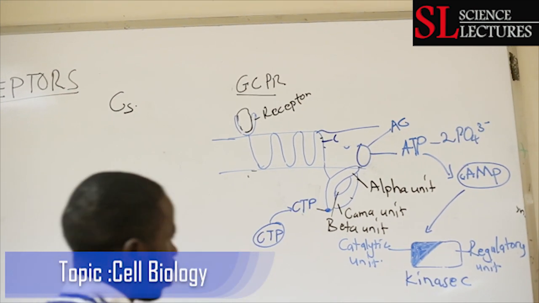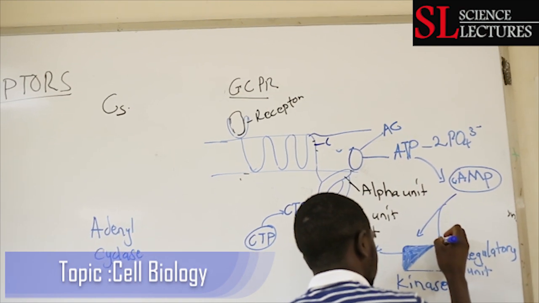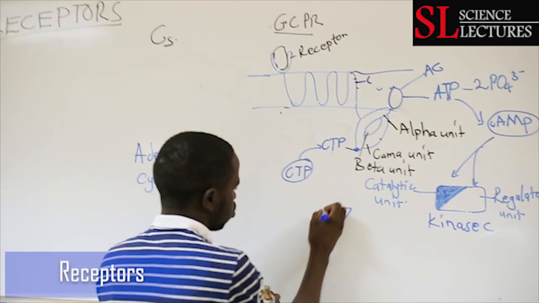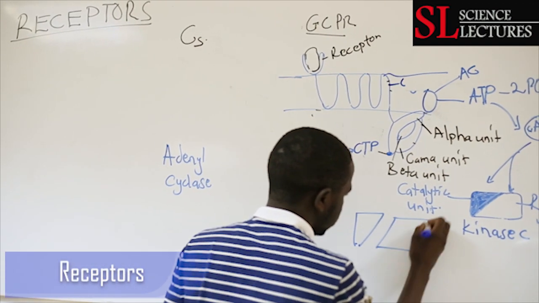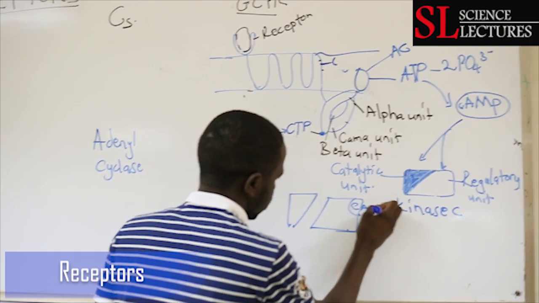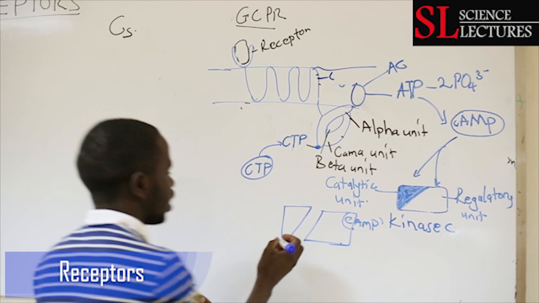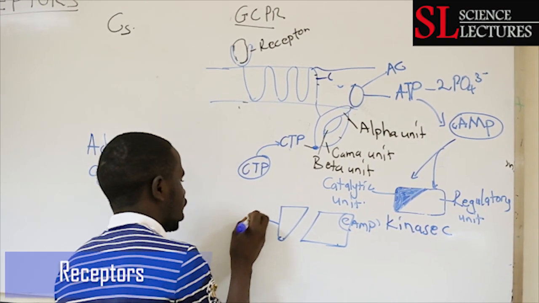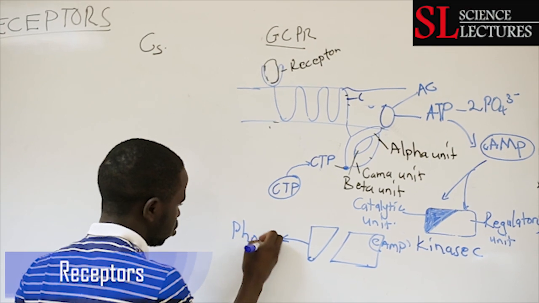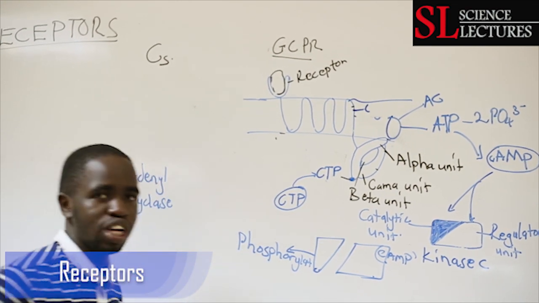CAMP will always bind with the regulatory unit, and it will cause the two to dissociate. So I will end up with 2 things, and this one has my CAMP bound to the regulatory unit. When they dissociate, this catalytic unit shall be free to go phosphorylate other molecules